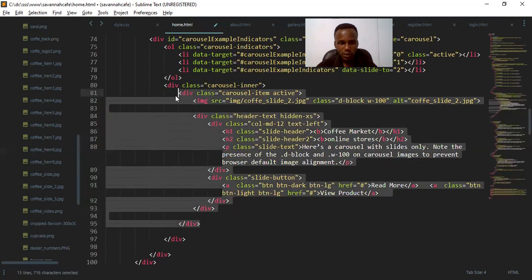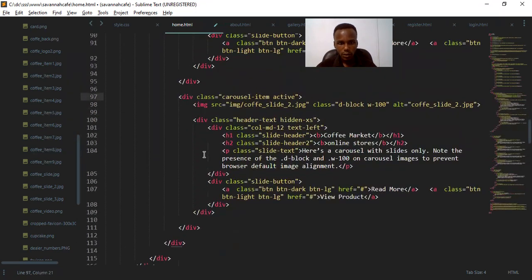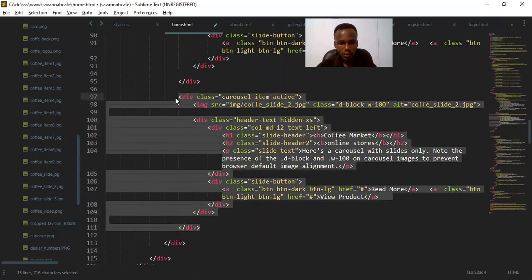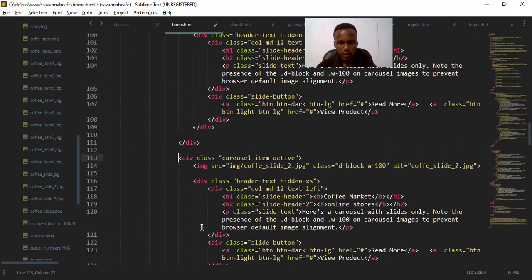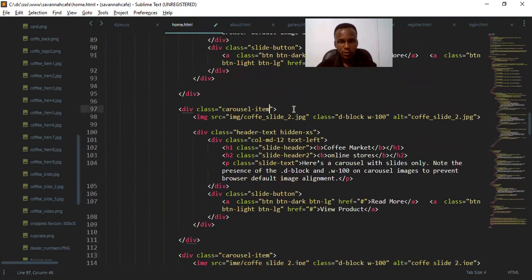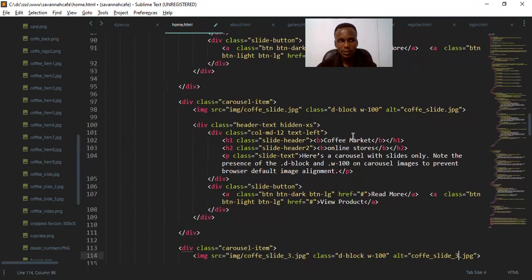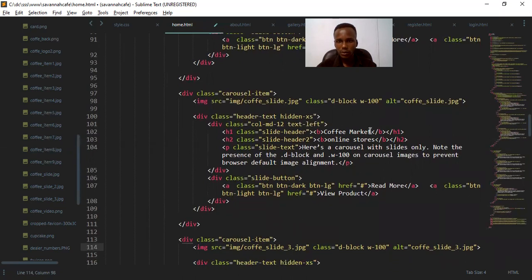So let's just make a duplicate of all this. We'll make another duplicate of this one. Push it down. So we remove this active class. One should be active per time. So let's just say this one should be coffee slide. Then we'll make the third one coffee slide 3. So to differentiate them, let's just use their heading. Let's just change their heading. So for this one, let's just say grocery store